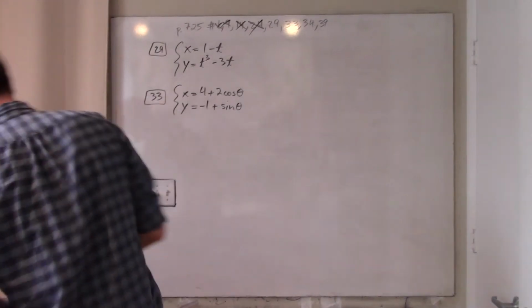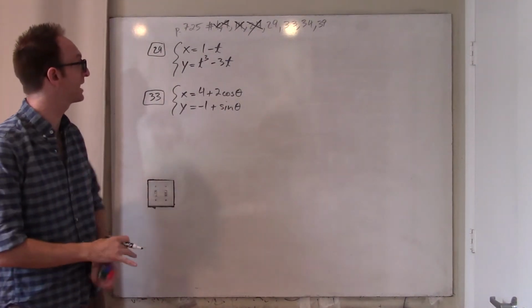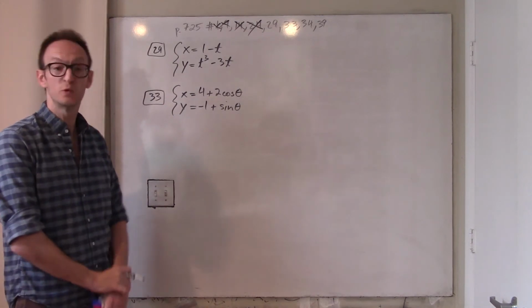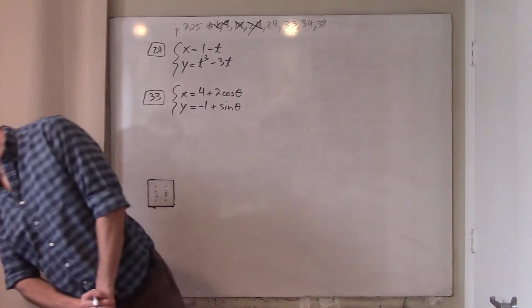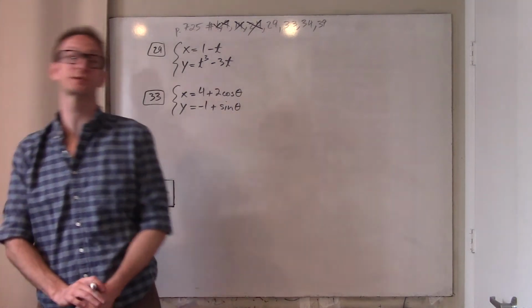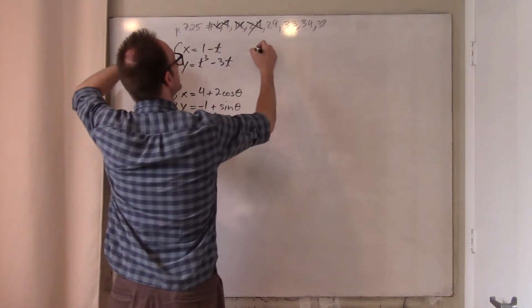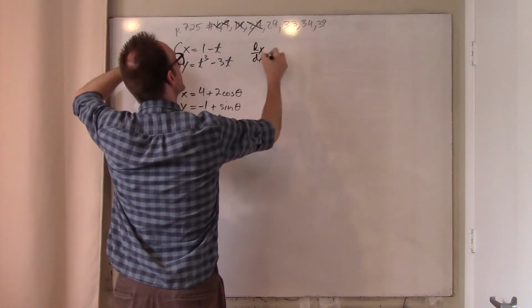Okay, let's do this pretty quick. These problems, 29, 33, and 34, all ask you to find points of horizontal and vertical tangency. Okay, let's go. This one's pretty silly, I think, because if I want to find the slope of the